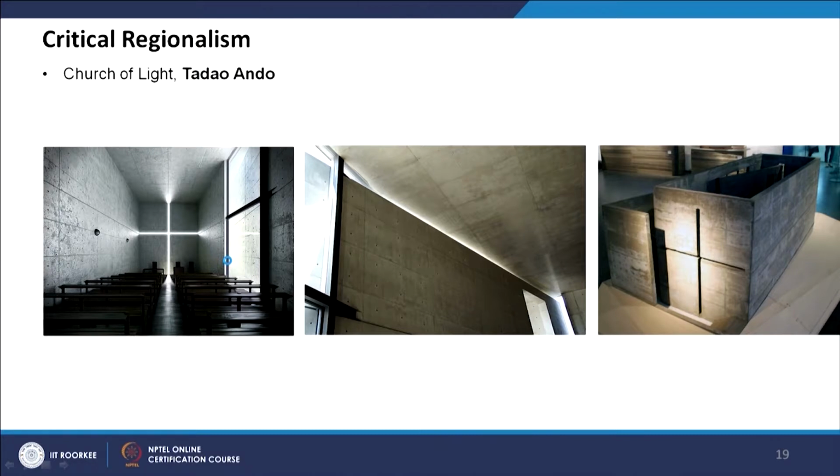So this is the Church of Light, which is designed by Tadao Ando again, and if you look at the cross in the church, the cross or the Jesus is not a cross. This is just a void in the design, and from outside the light is creating the pattern, which is the cross. So here from outside the light is creating the cross, and nature is blending with the design. He is taking nature, the natural context, into the design, and that is creating the light in the design.